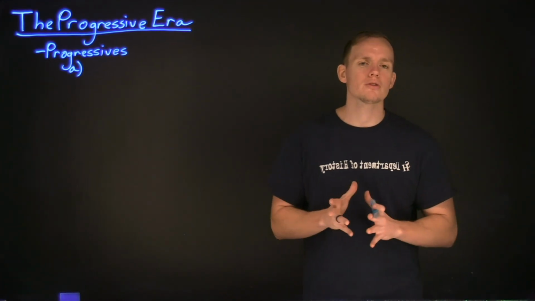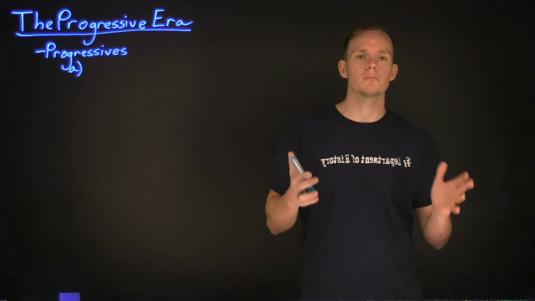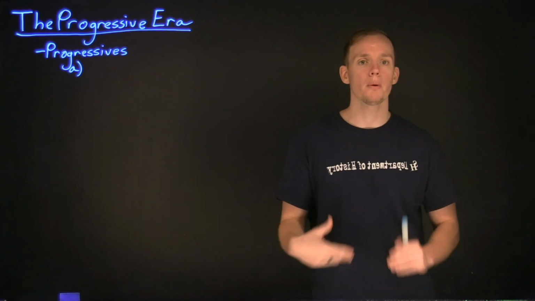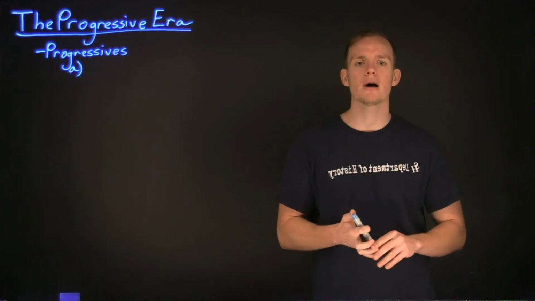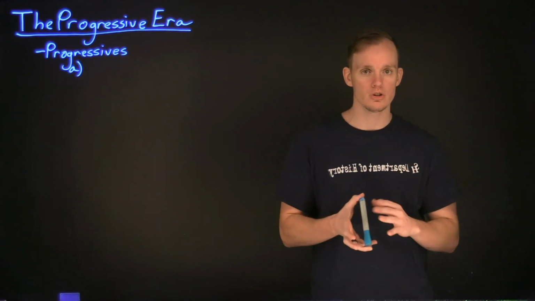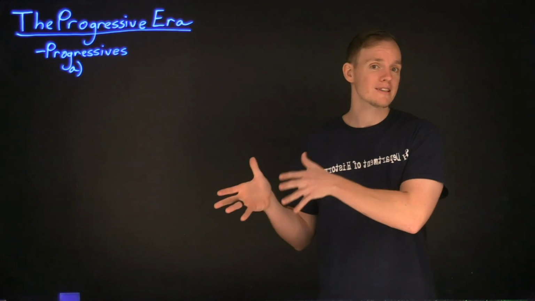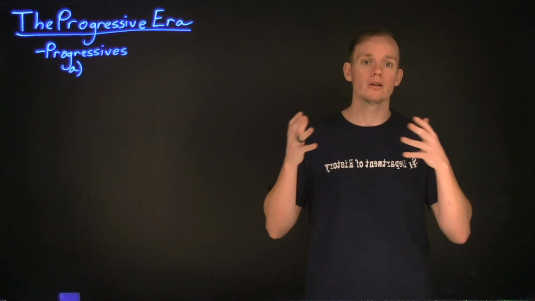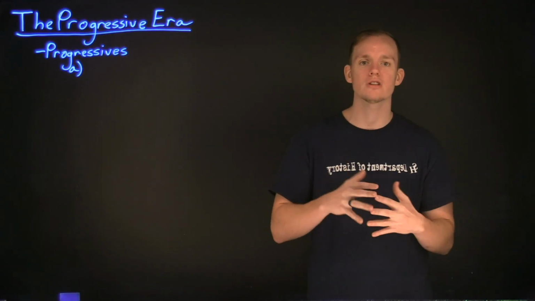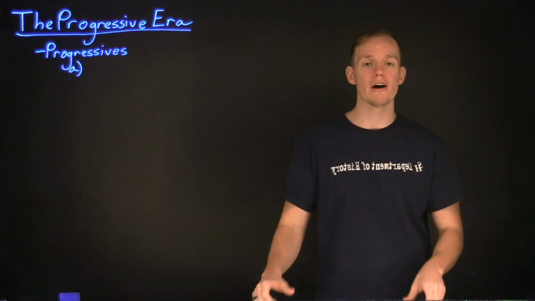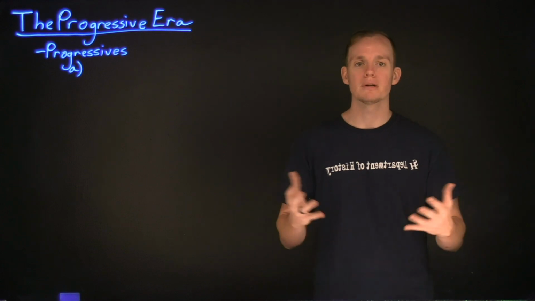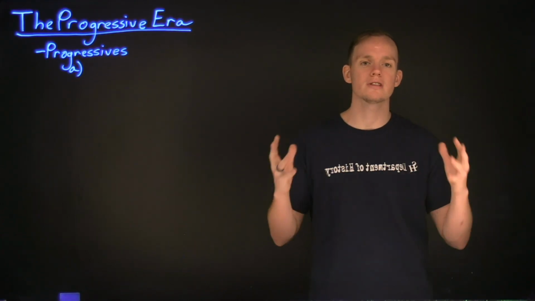Now, by the beginning of the 20th century, there was a renewed interest in pushing forth reform and supporting these individuals that would become known as progressives. The progressives are going to support the idea of bringing about social and economic change, and they're looking to use the federal government as their engine. They will promote a more Hamiltonian-style government, a larger federal government, a larger federal bureaucracy, and a more active federal government that would push forth reforms and regulations to begin to stem the growth of these big businesses, most notably monopolies, to try to recreate capitalism to where there would be competition